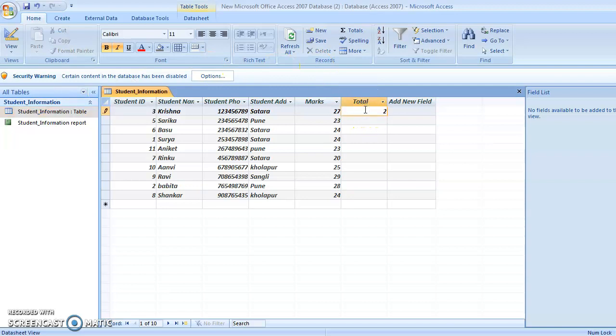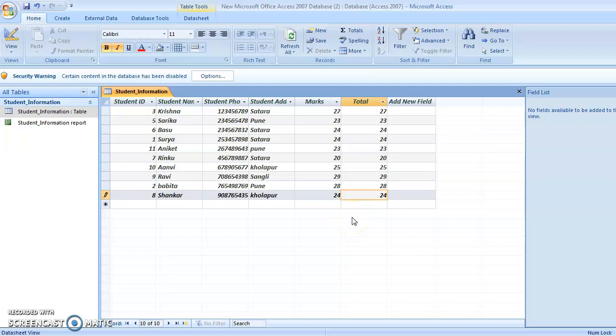Now you can enter any value, because we don't have a next value for the total. So I just enter the same as the marks in the marks field. So I entered 24 into the total field.